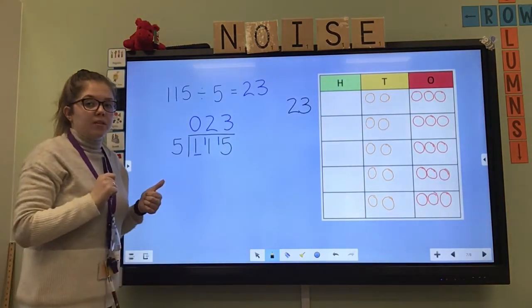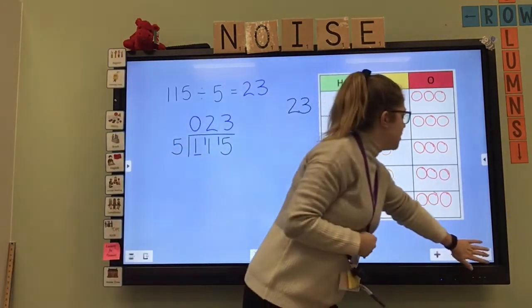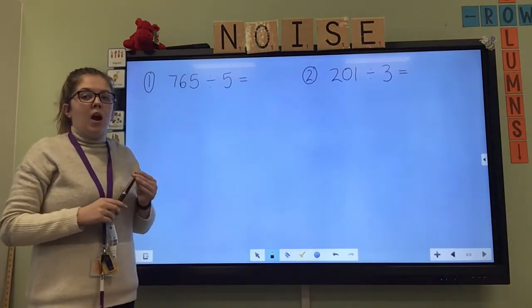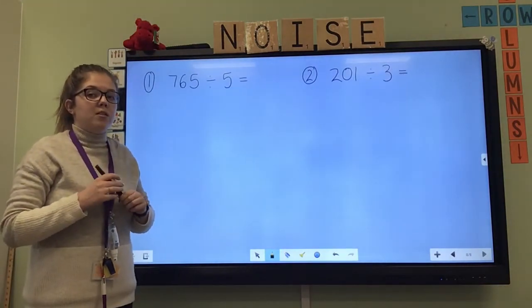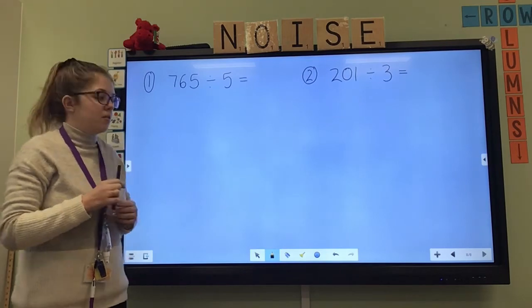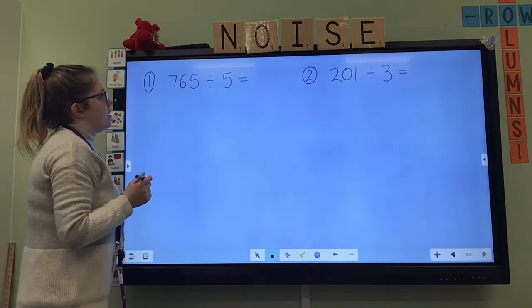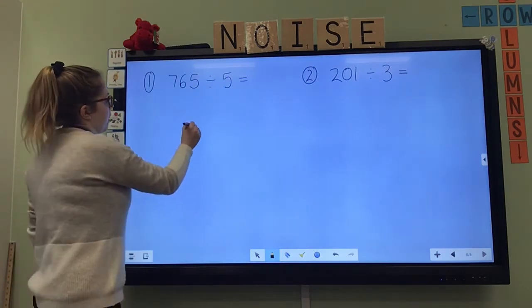All happy with that? I've got 2 questions for you to have a go at on your own. So pause the video now and join back in when you have an answer to see if you are right. So you all should have had a chance to have a go at these using the bus stop method. So we've got